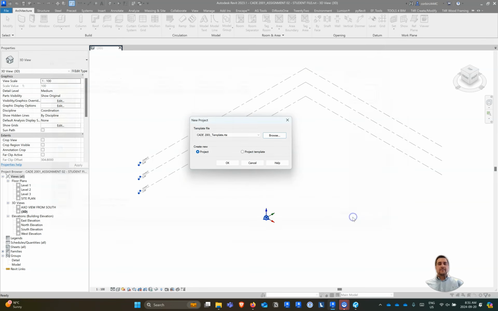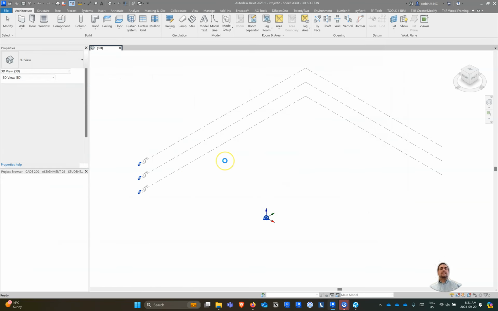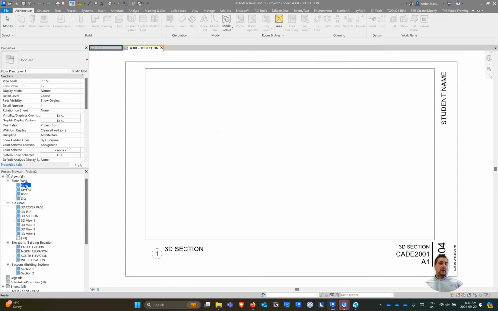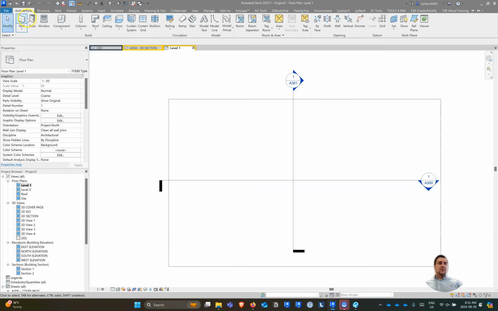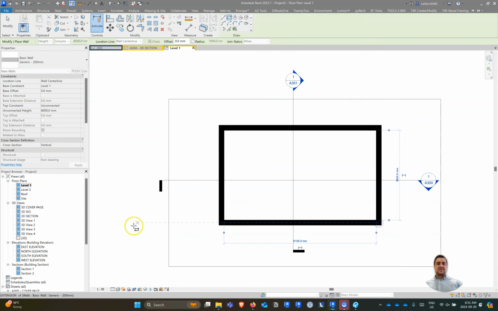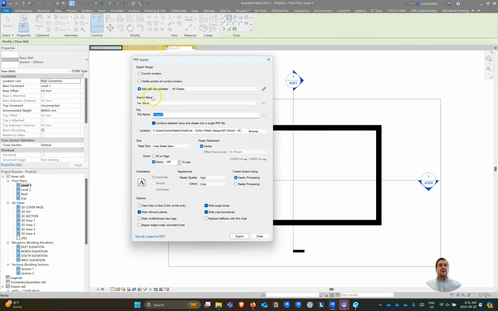And so we'll click Open here. And again, see how we're creating a new project. And again, we're going to do the same thing we did before. We're going to go to our level 1. We're going to draw a box again, like so. And look at it, it's already shaded in black, which is wonderful. And then we're just going to go up here to print a PDF. And we're going to print to that same folder. I'm going to call this